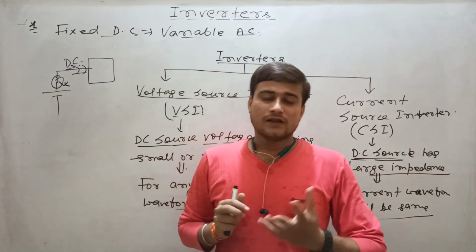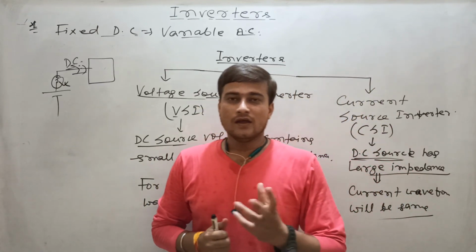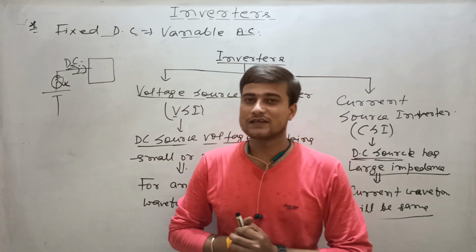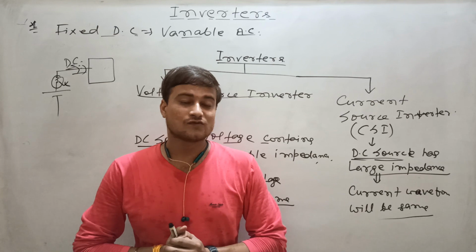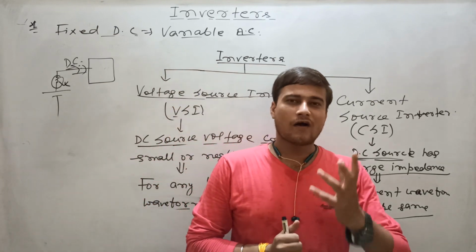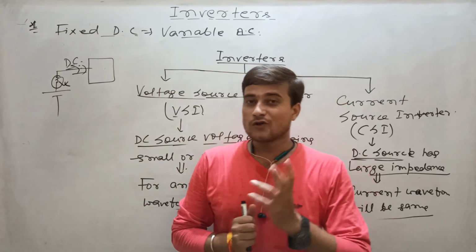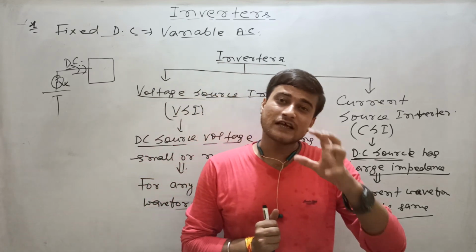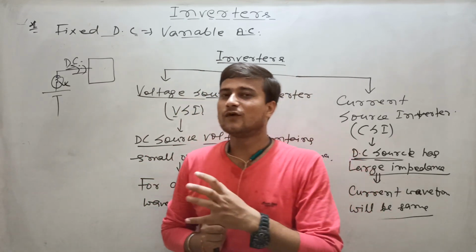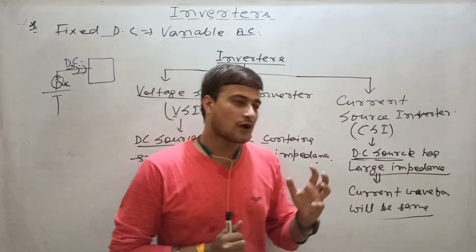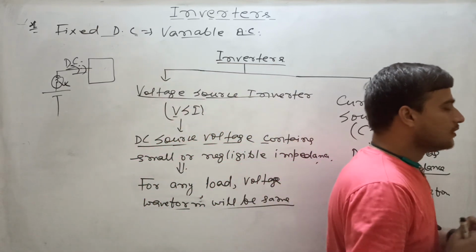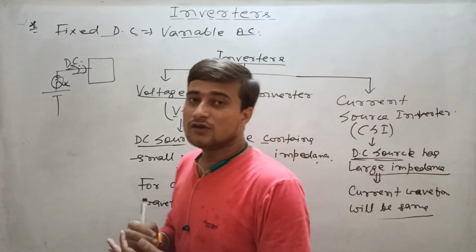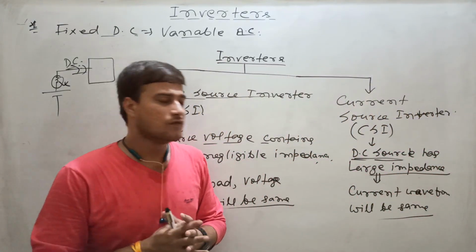Now there is a question for you. In your home, what kind of inverter are you using? Whether it is voltage source or current source. So what will be your answer? What do you need for your load? For your load, it is needed a constant voltage, a fixed voltage waveform. That means if you are getting a pure sinusoidal waveform, so whatever be the kind of load you are applying, you must get the fixed waveform.